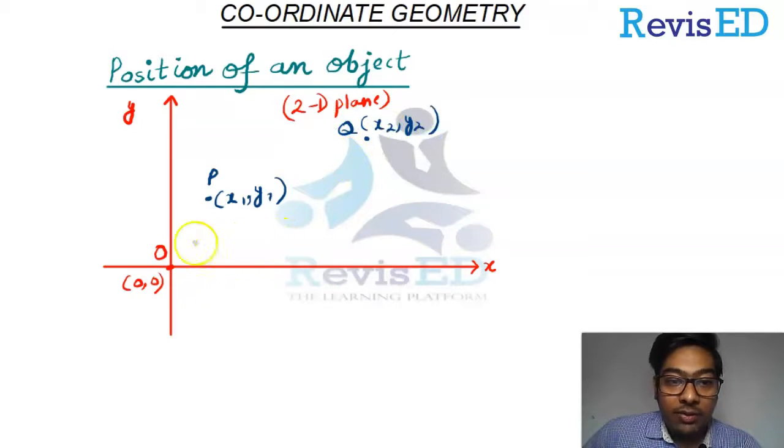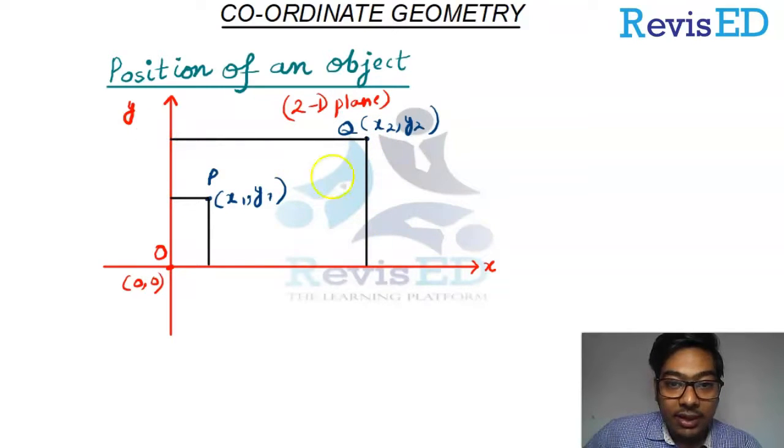So why are we doing this? We'll be understanding the position of an object with reference to an axis, that is the x and y axis, and the position of objects will be taken with reference to the origin, that is 0, 0. So let us draw the perpendicular on the x and y axis. Similarly, let us draw the perpendicular again on the x axis and y axis as well. So these are all 90 degrees. So this is x2 comma 0, and this is x1 comma 0.